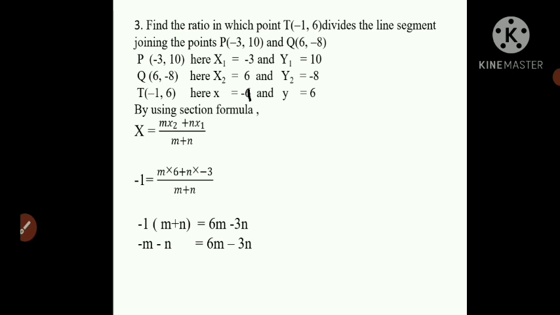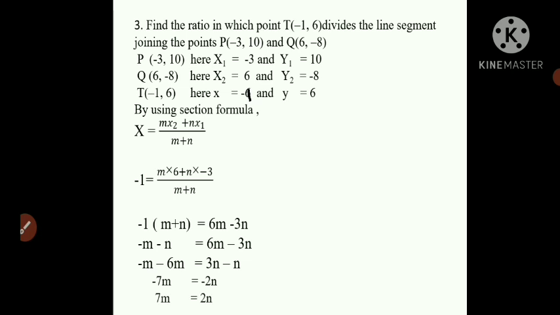Now we'll take the like terms together. So m we will take together, minus m on the left hand side remains same. Now from right hand side I will shift 6m to left hand side, plus becomes minus, is equal to, now when you change the side, minus 3n remains same. When you change the side, the signs will get changed. So finally see what is left, minus of minus is plus, right? So what we get, minus 7m and here minus 2n. So minus minus cancelled, 7m equal to 2n.